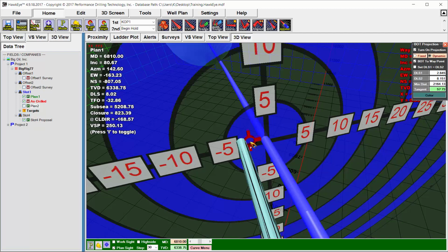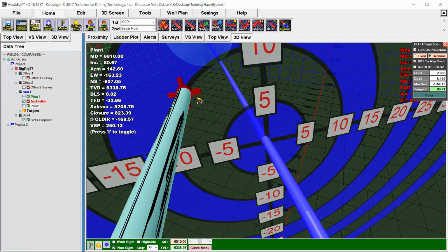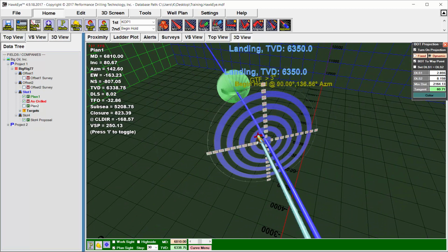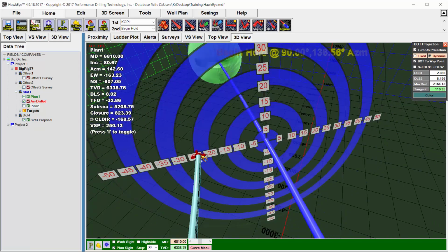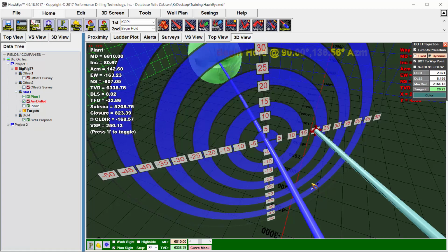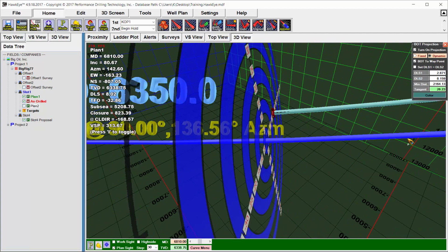I hold down the left mouse button to move the handle around, and the projection will automatically project to that handle. So this is useful if I need to be, for example, 20 feet right of a particular measured depth of a plan. I can just drag it over to the 20-foot mark here, and it will automatically calculate that